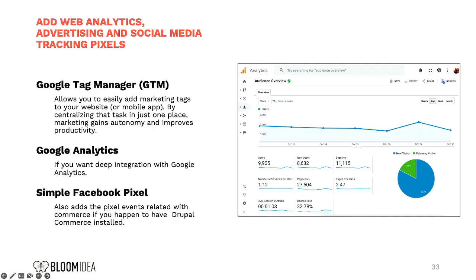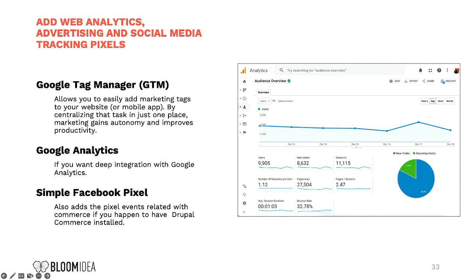What I recommend is use Google Tag Manager. You create a free Google Tag Manager account, and then you can put all your tags there and manage them without any alteration on the website, okay?